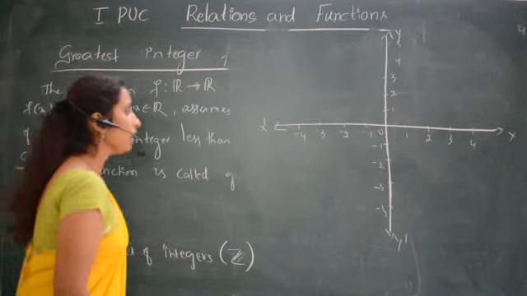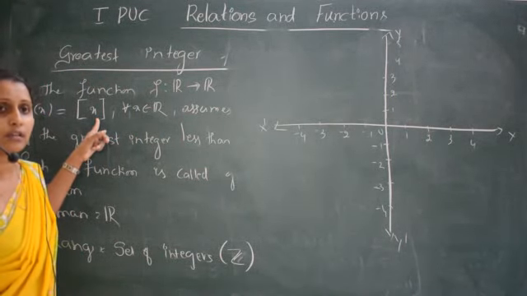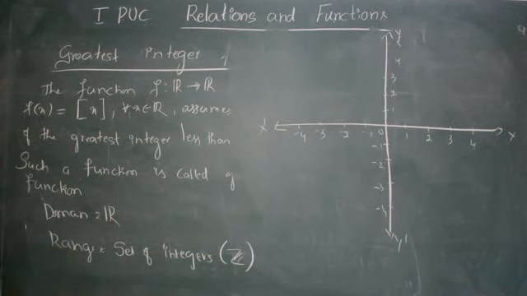If I go for x equal to 0, then f of x is 0 only. If I go for x equal to 0.1, 0.1 is not an integer, so I have to go for the integer less than that, that means 0. For 0.2, it's not an integer, so the integer less than that is 0. 0.8 also is not an integer, less than that is 0. 0.9 is also not an integer, so go for the integer less than that. Even 0.9999 is not an integer, so we have to go for the integer less than that. If I take 1, it is an integer, so the value is also 1.